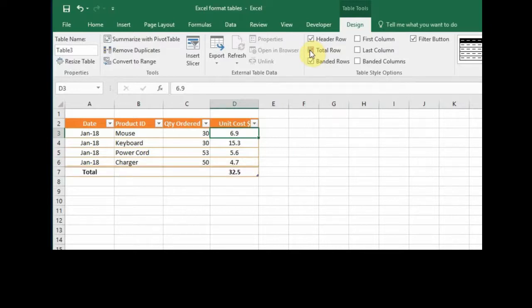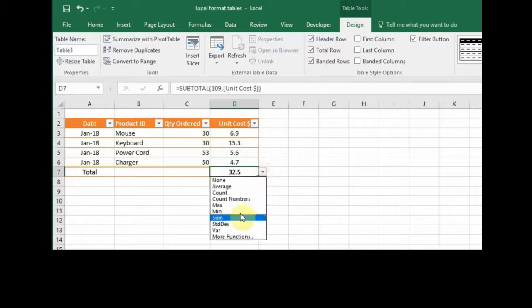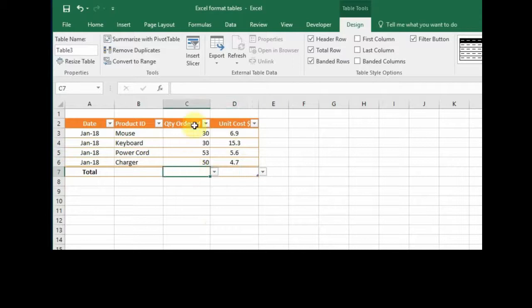So if I click the total row, you can see that I have a total row coming up here, and I've got the default function that works here. This is a sum function, and because it's unit cost, I shouldn't be doing a sum function, so I should just say none. But I will appreciate a sum function for the quantity ordered,